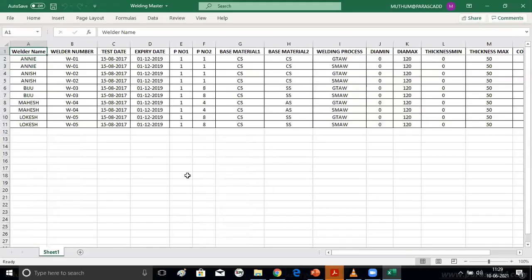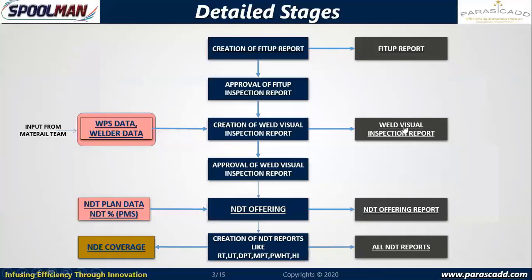The welder database will be managed: welder qualification, welder 1, what is the test date, which parent material P number he is eligible for, and based on this PQR, I am approving this WPS, and this welder can weld this WPS, or he is eligible for this particular process for the size range and thickness range. This is maintained. Based on this, the system will give me clear-cut information for automatic choosing. So for example, we have done fit up and the system will show me the fit up reports.